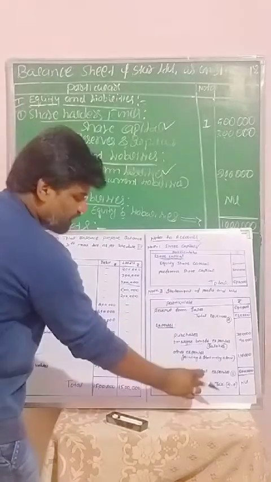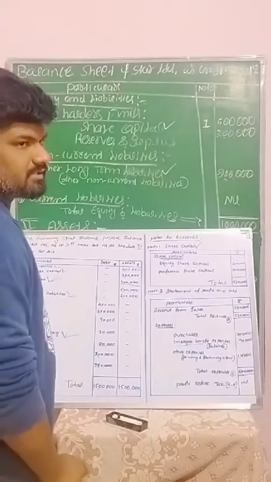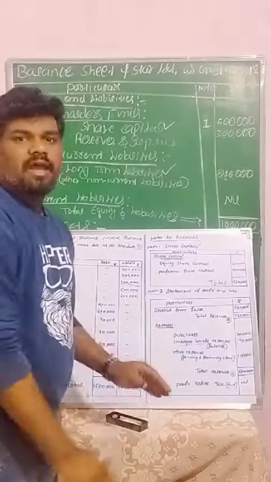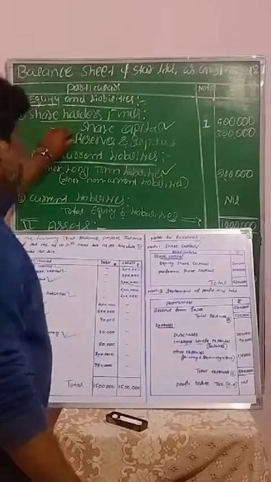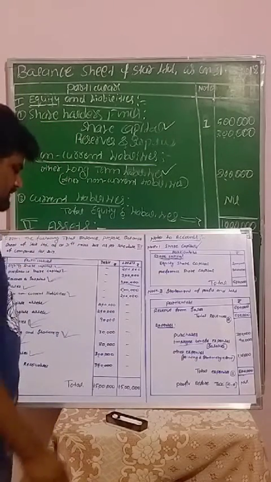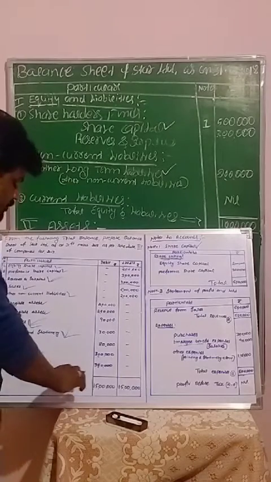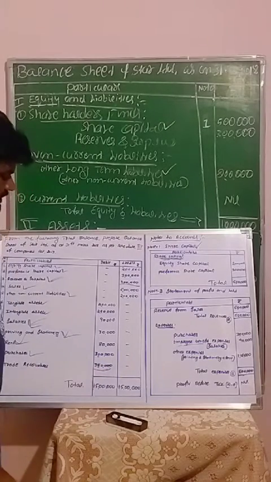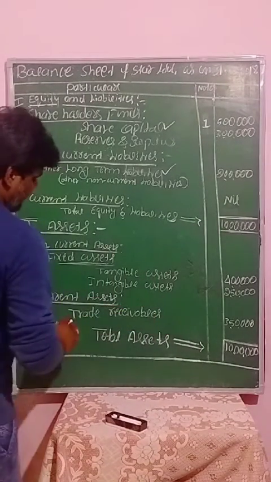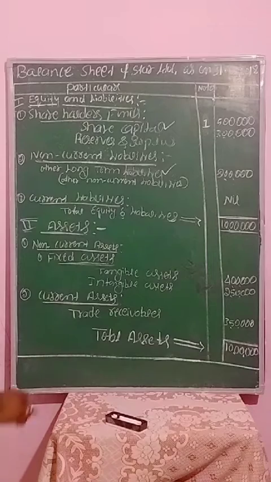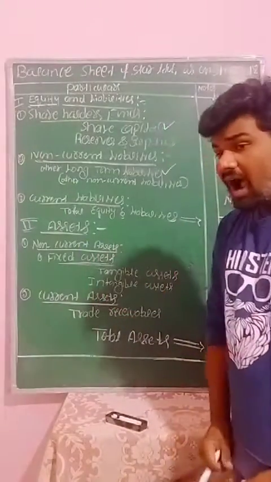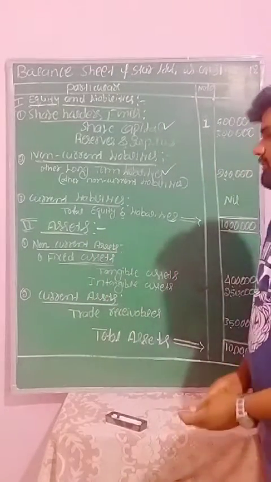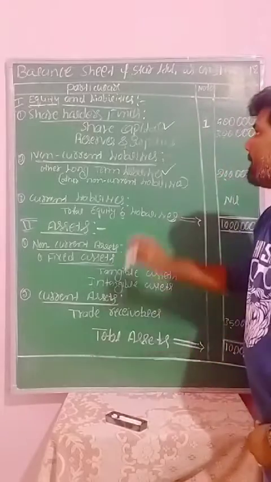In this statement of profit and loss account, there is no profit or loss. Suppose there is any profit or loss in the business, in that situation we can transfer this profit or loss here to the reserves and surplus balance. Finally, trade receivables, directly they gave 3,50,000 rupees. This 3,50,000 we already recorded in the current assets. So whatever information they gave in the question, all the transactions we recorded by preparing this balance sheet.